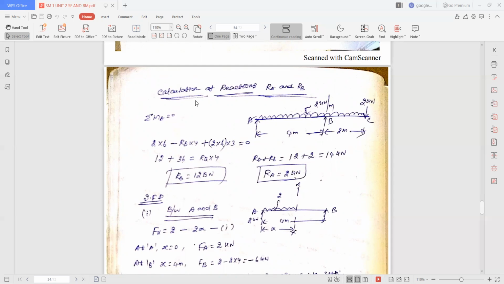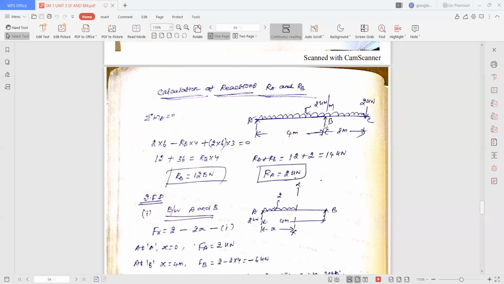So now you know how to calculate the moment at A equal to 0. Suppose we take the section at point A, the moment at A will be equal to 0. Moment means load into perpendicular distance. At this section, you consider all the loads into distances equal to 0, then you will get the RB value. Now you can see at section A, I am taking the moment. Therefore here, the reaction is RB, right? At point B, the reaction will be RB.